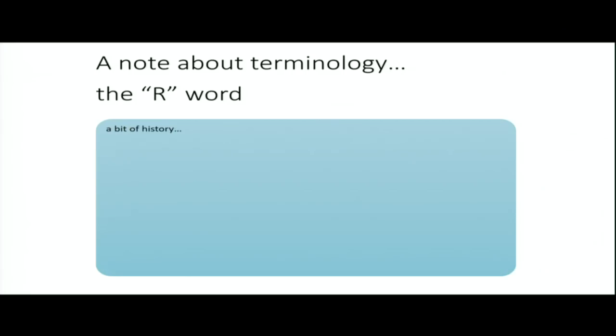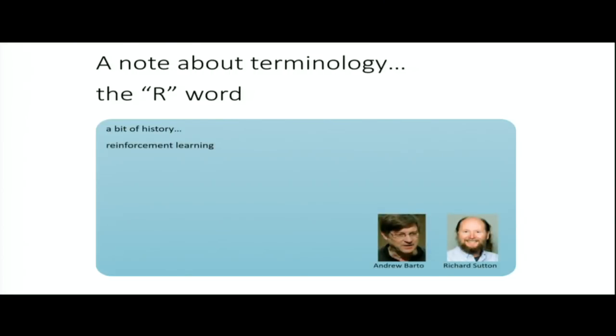And the last thing I wanted to mention for today, this is the very last slide, a note about terminology. Starting on Wednesday, we're going to start talking about reinforcement learning. But one of the questions that might come up, and maybe already came up from last week, is what the heck is reinforcement learning? The term reinforcement learning, at least in computer science, was in large part popularized by Andrew Barto and Richard Sutton. And reinforcement learning seeks to solve these kinds of problems.